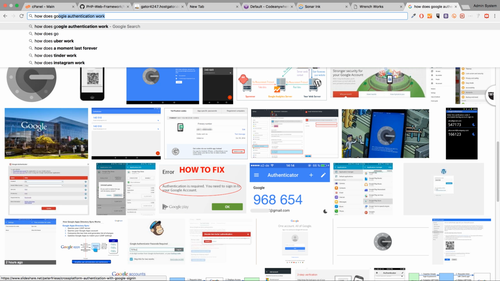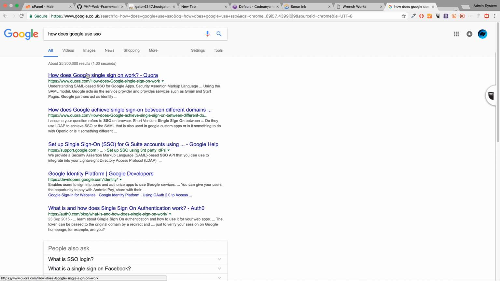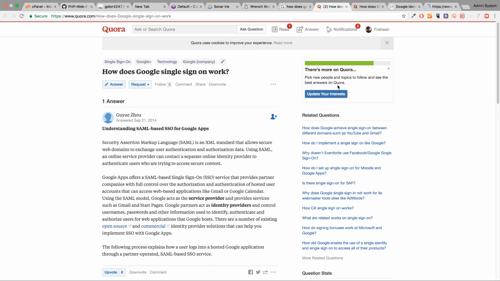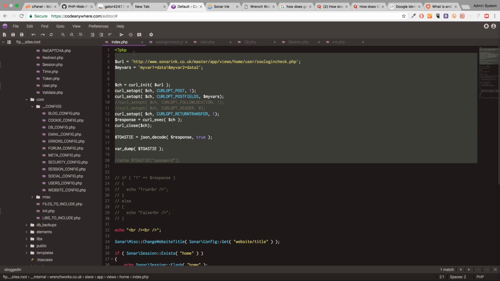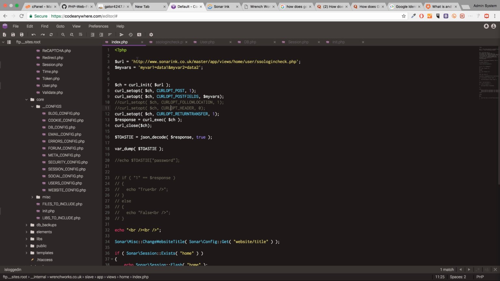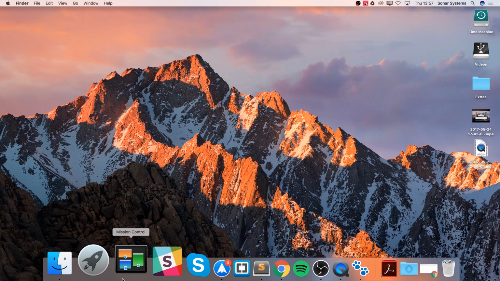How does Google use SSO? There's a chance that I've just been going about it the wrong way in terms of trying to do this, and instead maybe I should just be redirecting with the original source URL and eventually potentially some extra pieces of information as well. Because if, for example, I were to go on to, let me just open up